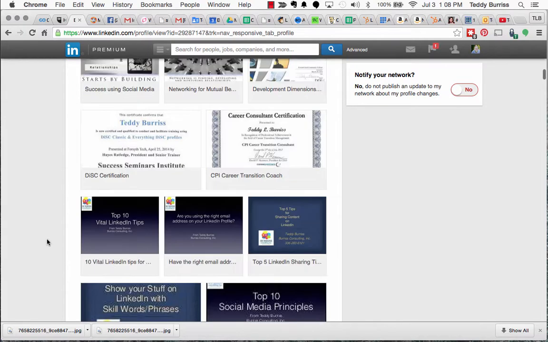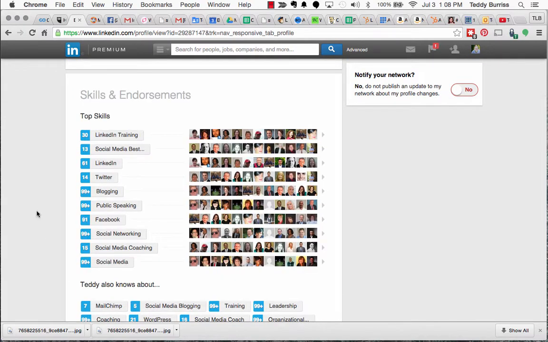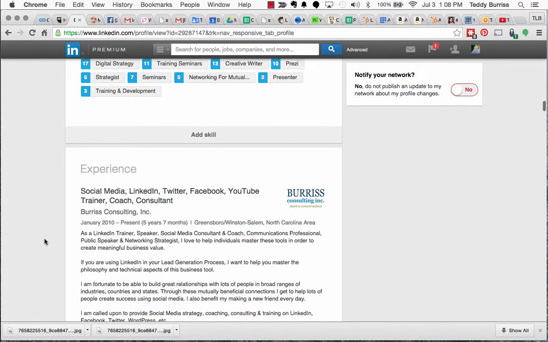to my summary section, I can also add it to my experience section. So under this position right here, I can click add video, image, document, presentation, which would be a PowerPoint. You can add it there as well. I prefer to keep it all in one location unless you had different types of content relevant to different positions. But I would generally suggest you add it all up to your summary section instead of scattering it about on